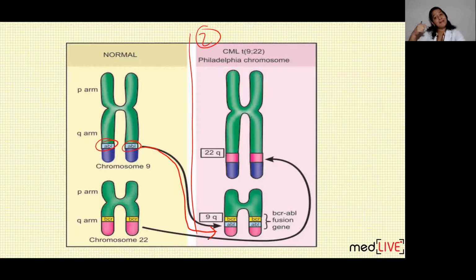On chromosome 22, BCR was already present. You see the yellow one. The BCR is already present in the second diagram. Now ABL also comes. ABL was initially present on chromosome 9, but it has come now here on chromosome 22. So on chromosome 22, two genes are there, ABL and BCR. So a fusion gene is formed, which is known as the ABL-BCR fusion gene. The fusion between the two genes occurs, and a new gene is formed on chromosome 22.